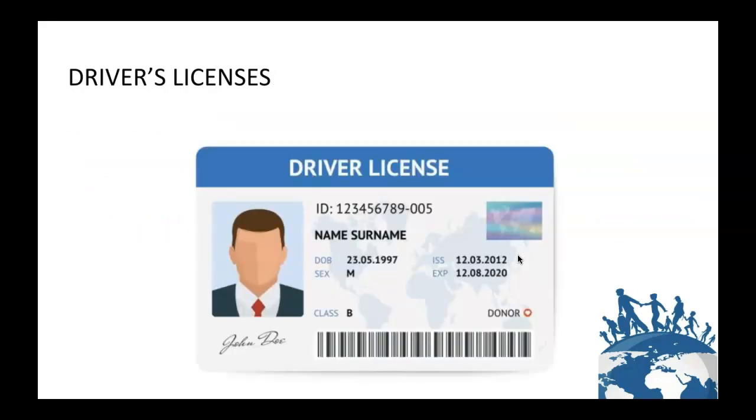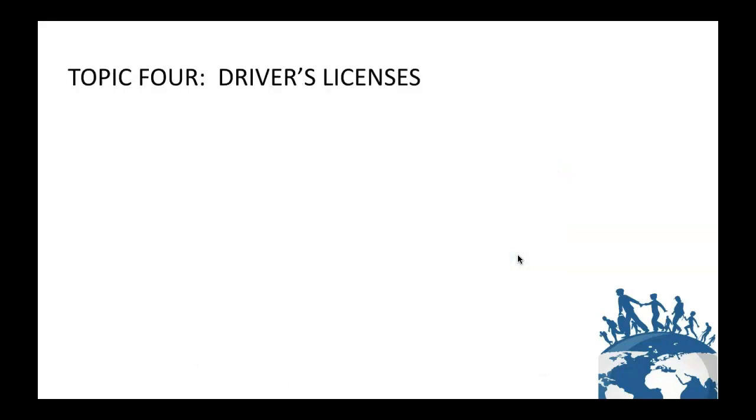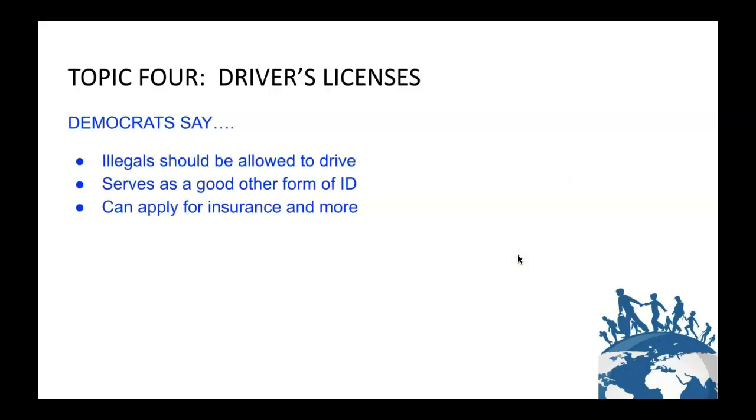Driver's licenses. Let's go ahead and look at this. When it comes to administering driver's licenses, Democrats would say that illegals should be allowed to drive. And this serves as a good other form of ID too that they might need for other forms of paperwork and employment and so on and so forth. If illegal immigrants can get driver's licenses, they can apply for insurance and more, and they would actually be able to do more with their current status as it is, instead of just being products of a system that is